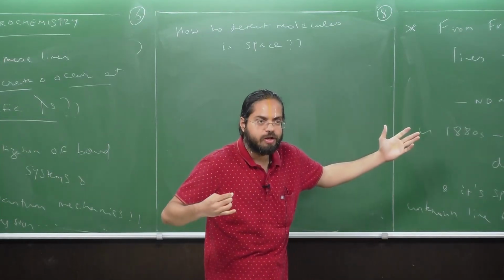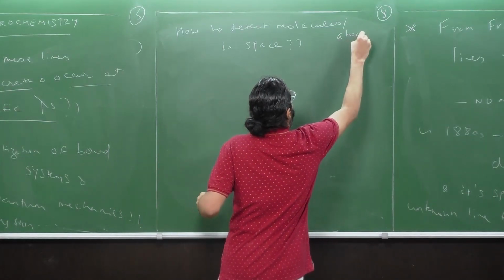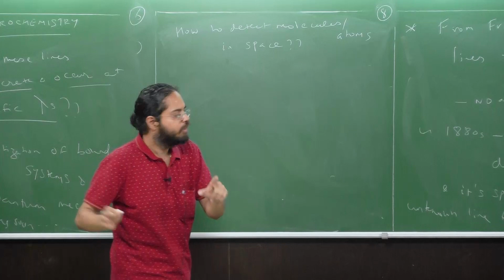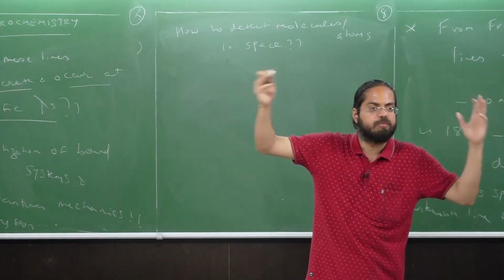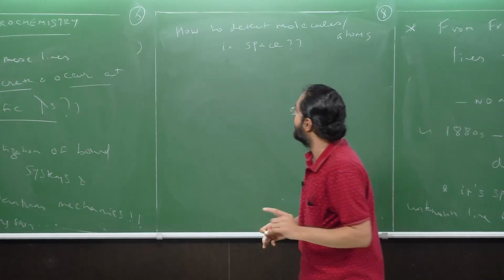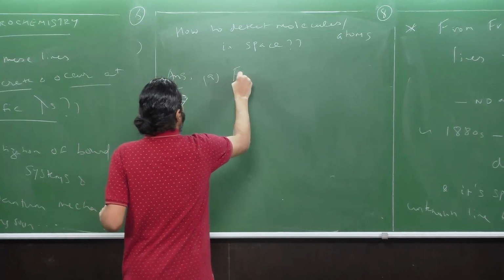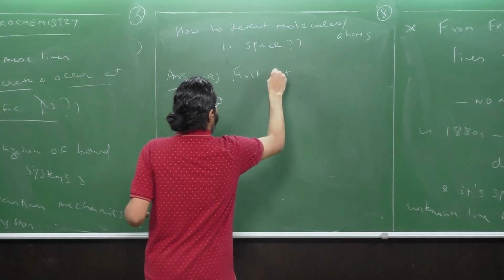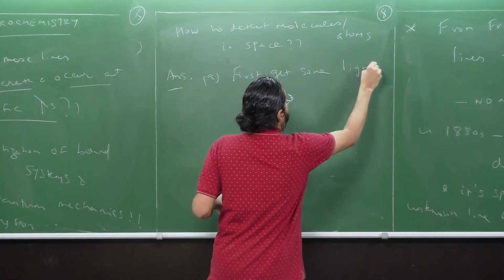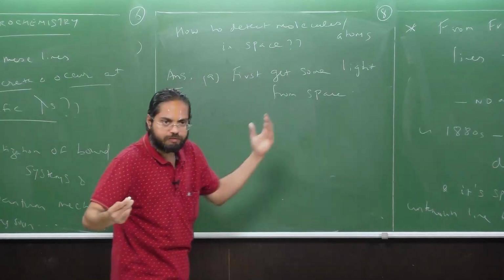And through this illustration, we're still not looking into molecules. For now, we have looked definitely into atoms, correct? So how do you detect molecules, atoms in space? Through the sun, earth, the Fraunhofer, Bunsen, Kirchhoff experiment, the bright line, dark line, through the whole story, what do we come to understand? We understand that the answer is A: first, get some light, literally, not just figuratively, from space.